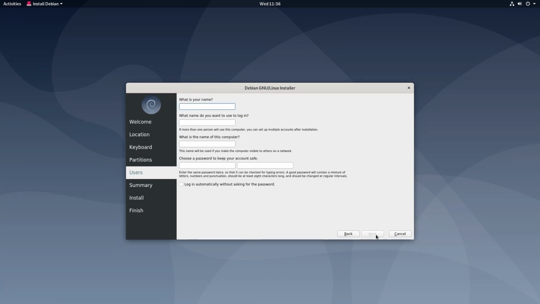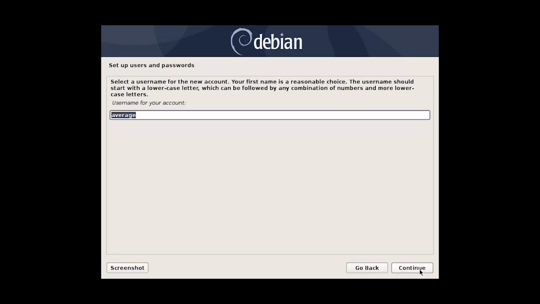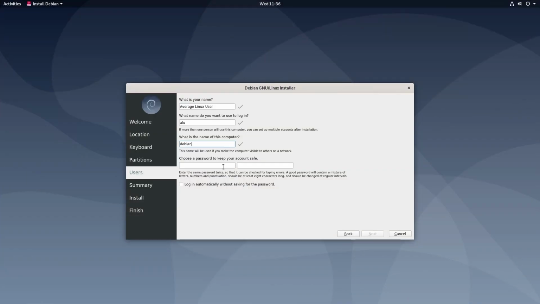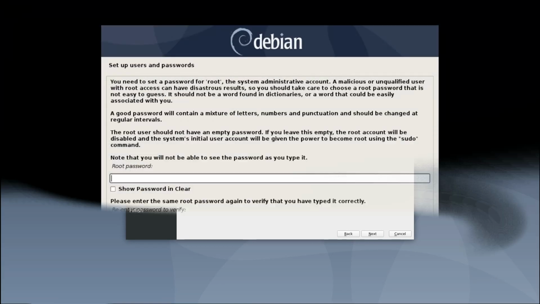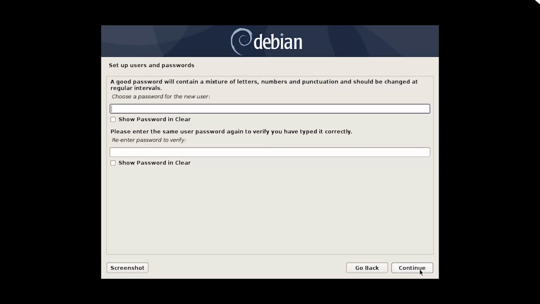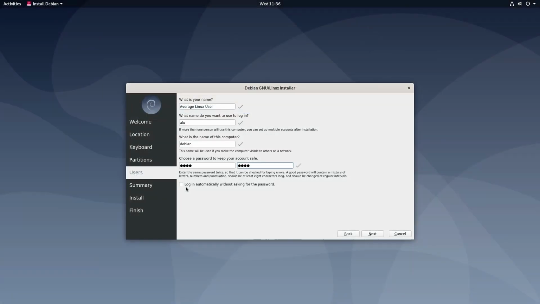This is a standard user configuration window. I like Calamares because all user information is presented in one window, whereas in the default installer you need to pass several windows to enter the same information. It is also worth mentioning that you only provide the user password here, and this user will be in the sudo group, so you will be able to execute administrative commands with the user password. On the other hand, to achieve the same result in the default Debian installer, you would have to leave the root password empty and provide only the user password, which is not that obvious, as I have shown in the Debian 10 installation guide. The Calamares installer is definitely much better in this regard.